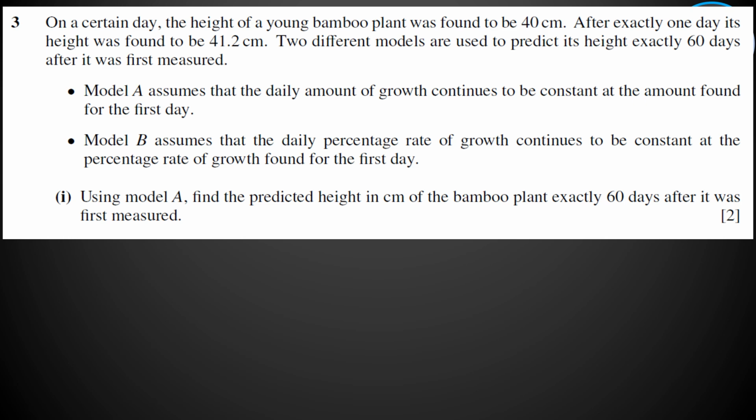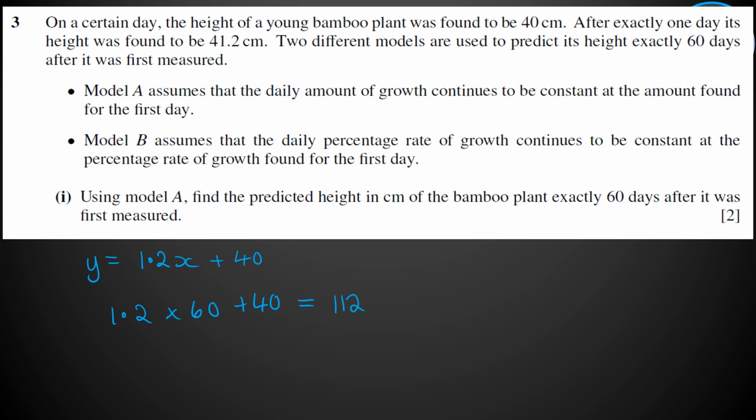Okay, so just take a minute to read this question. And then model A is going to be an equation like this. So if we call the height y and x is the number of days, then if it's growing at the same rate as on the first day, it's growing 1.2 per day, and it had a starting point of 40. So this is the equation we're going to use for part i. So the height after 60 days will be 1.2 multiplied by 60, add on 40,